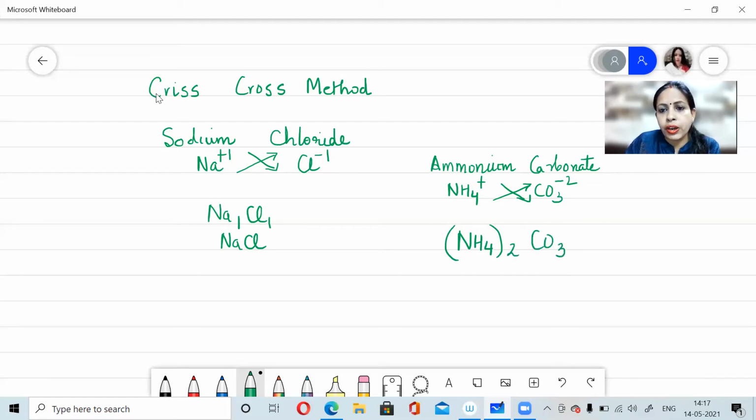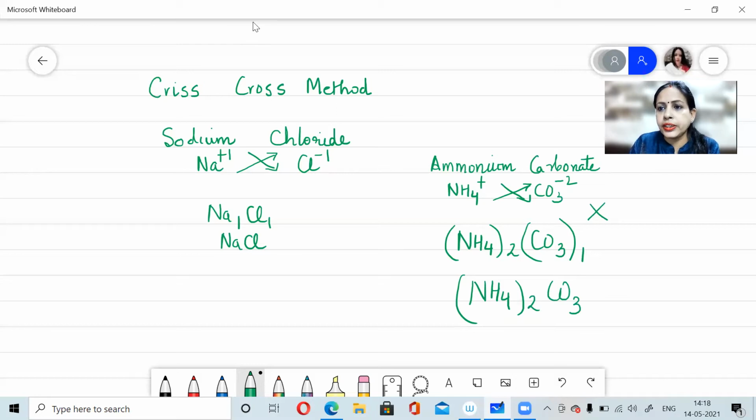Here you require a bracket, because the ammonium ion does not consist of a single element. It contains atoms of nitrogen and hydrogen both, so it represents a radical. When we interchange the valency, we have to enclose it within a bracket. So the formula becomes (NH4)2 CO3 with the 1 ignored. Again, we will not write the 1, because I have told you it has to be ignored. So the final formula for ammonium carbonate will be (NH4)2CO3.